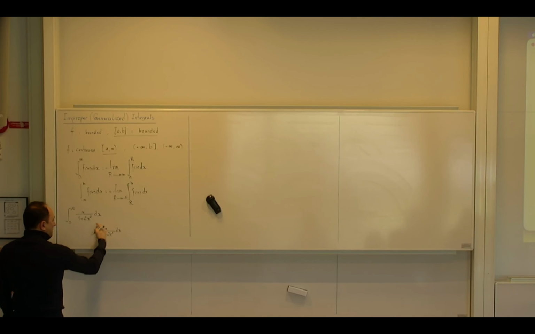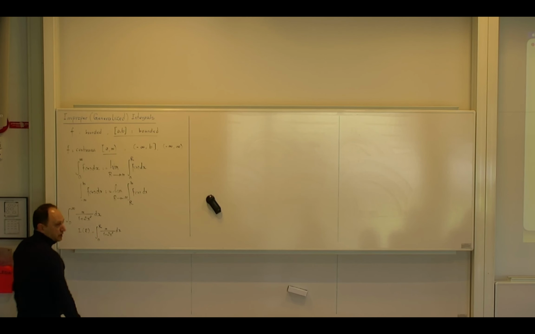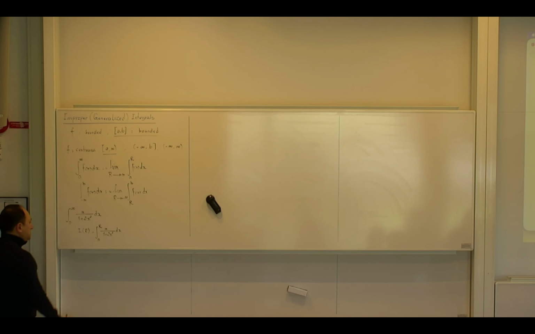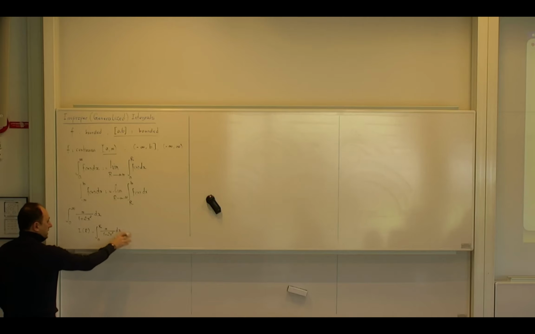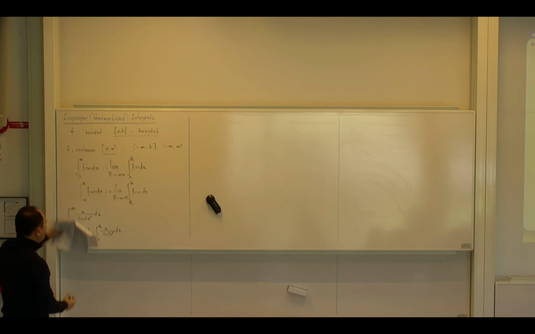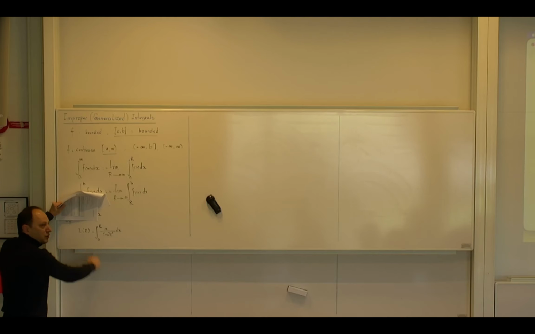This becomes a number, but that number depends on r. Because it is an integral, I prefer to write it I for integral, and because it depends on r, I will actually write it like this. Okay, for me it is simpler to do the calculations, and when I find my I, the function I, then I will calculate the limit. So for the time being, you can momentarily completely forget about what you have now. This is just an old problem, and hopefully we know what to do.